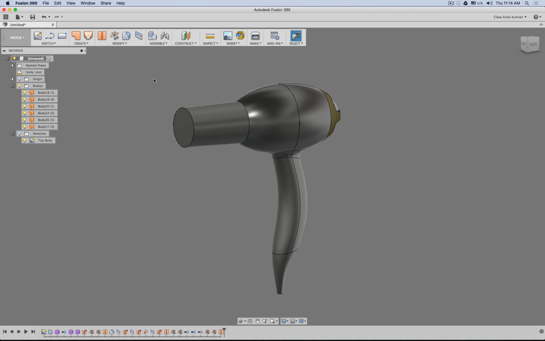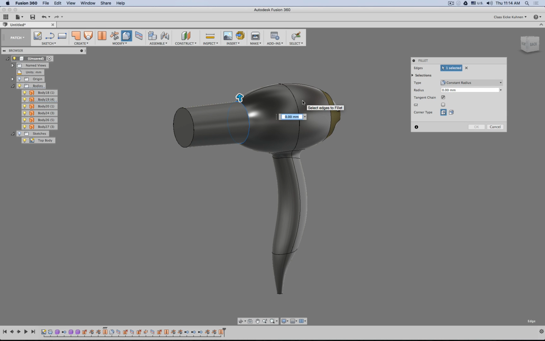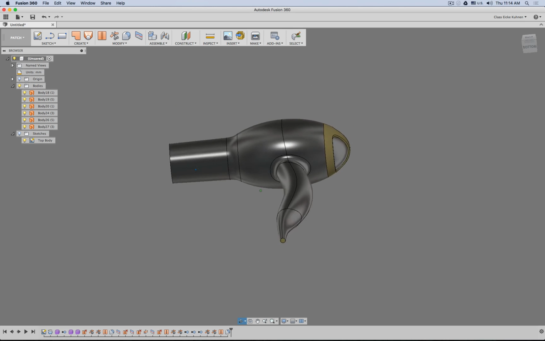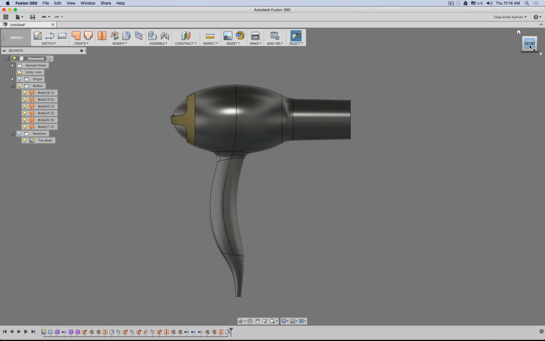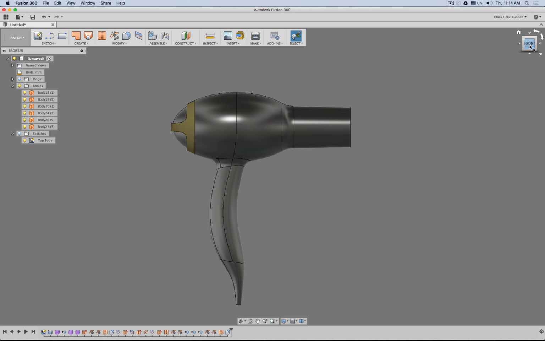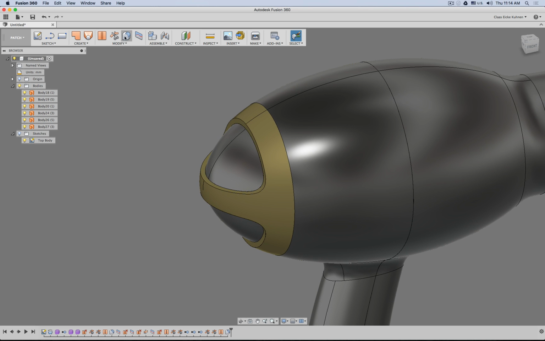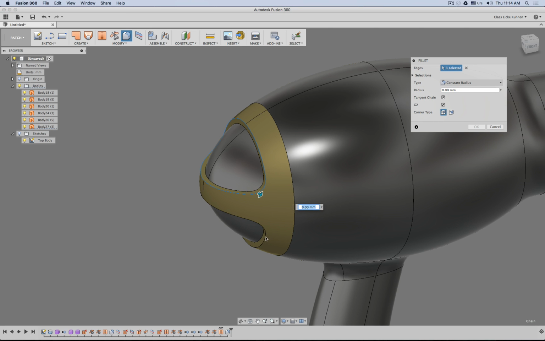So, maybe a little bit of detailing there. Let's make a nice transition. It's nice and big. Okay. So this is now something that is ideal to 3D print and also maybe to do a rendering. Let's actually take a look at rendering first, how we can do this. So we have individual shells, but hold on, before we continue,